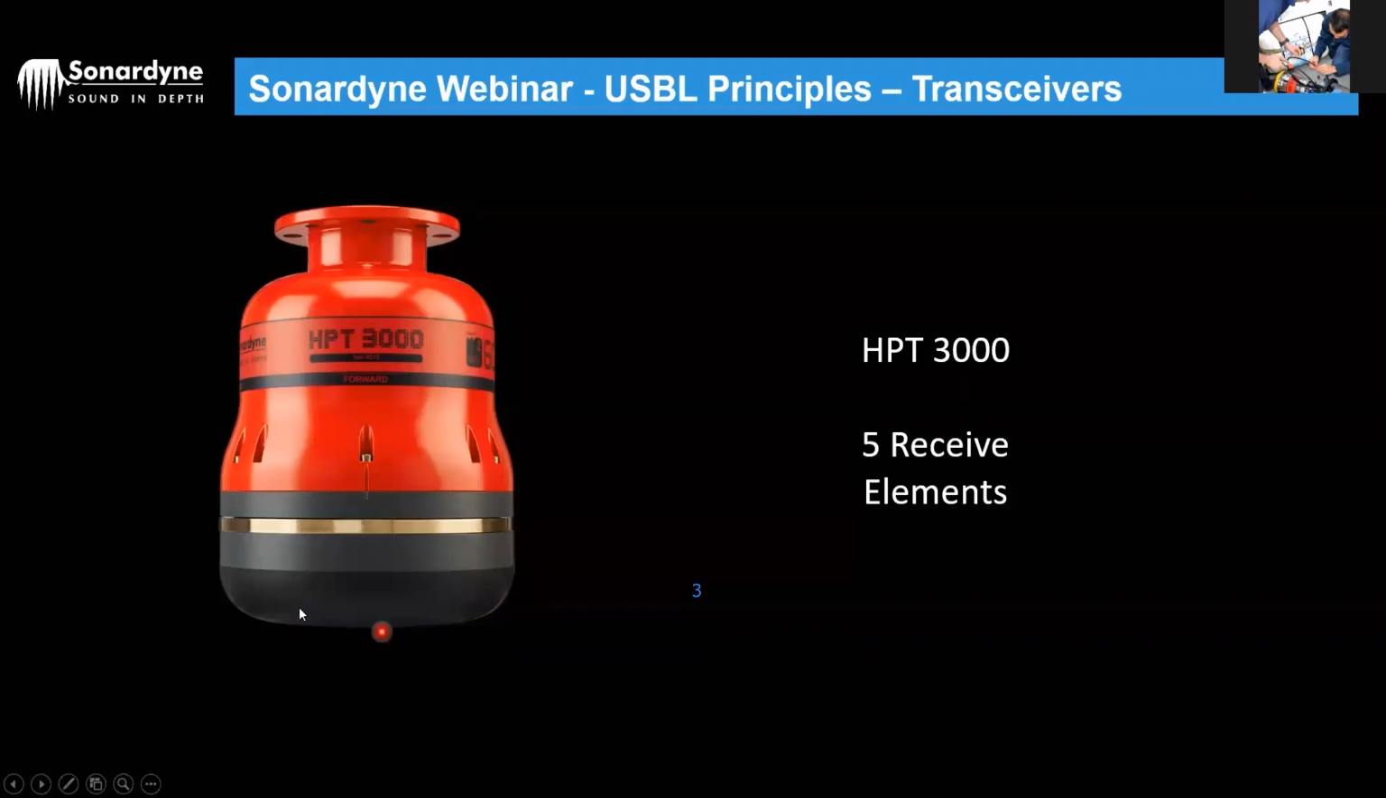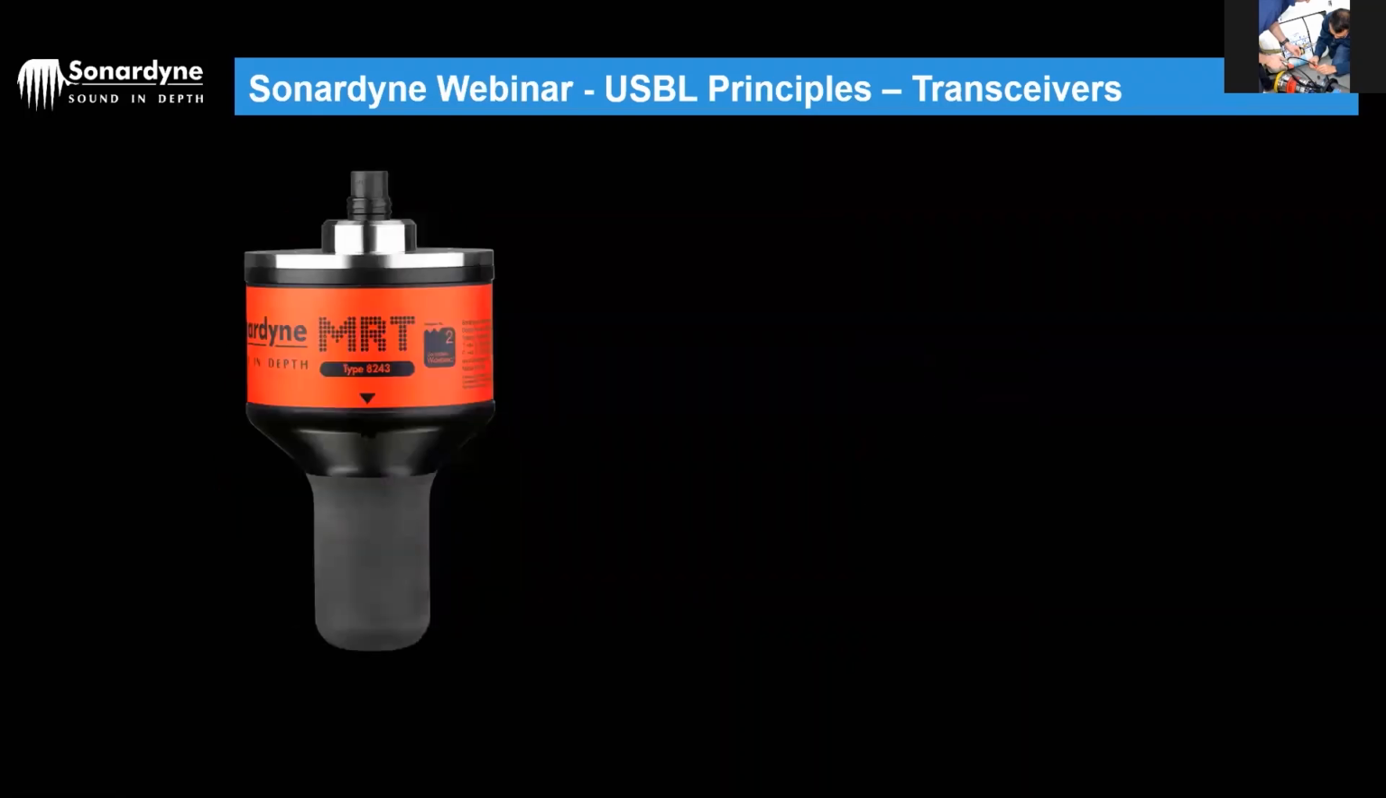The HPT 5000 has similar beam width as well, actually, but this is slightly better at filtering out the noise above, and it has a few extra toys inside it as well, just to make it more suitable for smaller vessels. And then we have the Micro Ranger 2 system, which has a slightly different design of transceiver, which